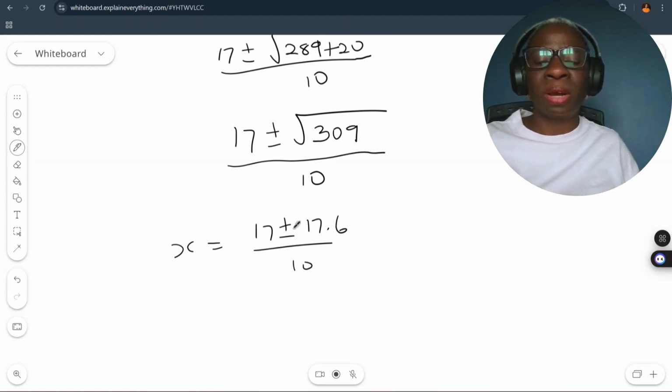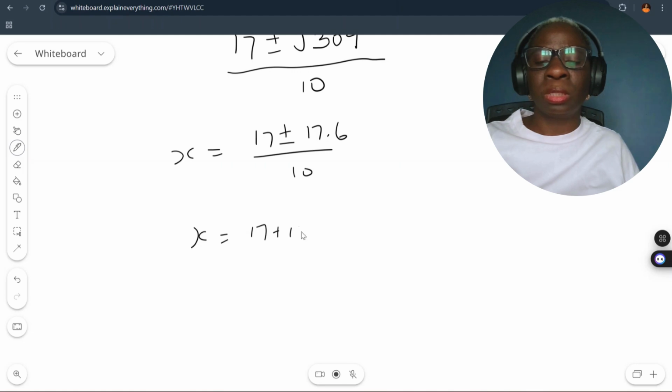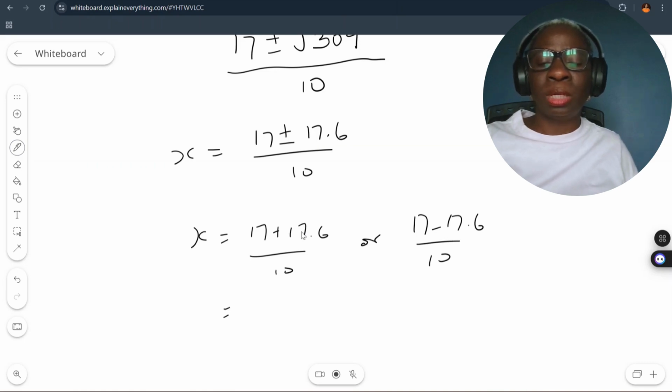Then we have over 10. So x will be equal to 17 plus 17.6 over 10, or 17 minus 17.6 over 10. And this will give 34.6 over 10 or negative